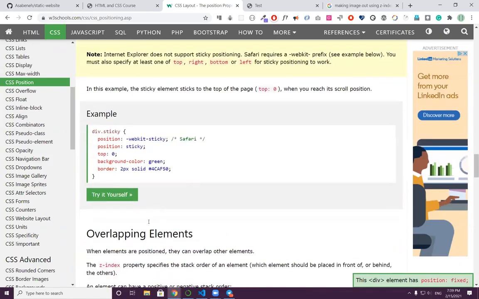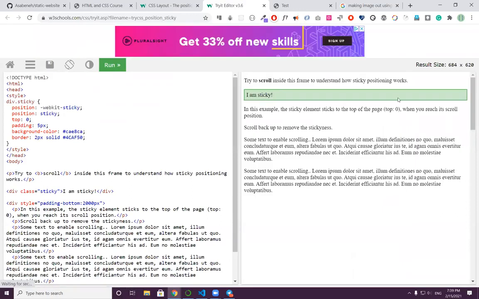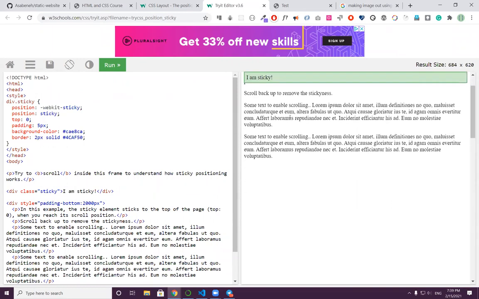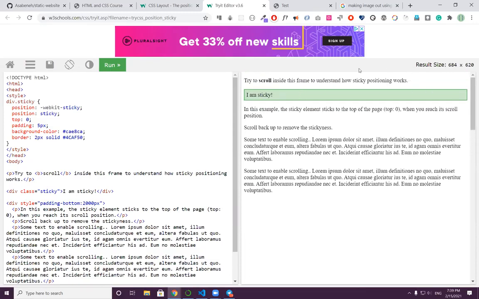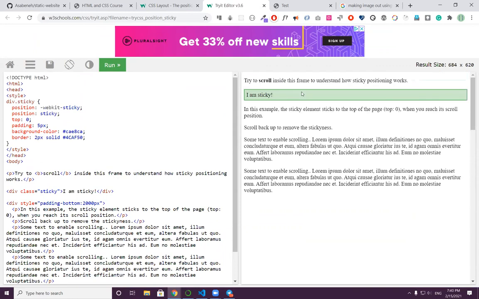Maybe there's also a test. Have you seen this? It's stuck on here, right? You scroll, but when it reaches the top of the viewport, it doesn't go after that. Because if you change this to bottom zero,